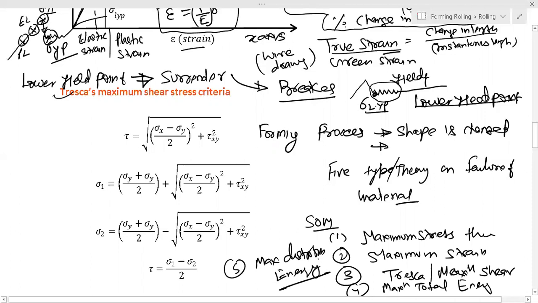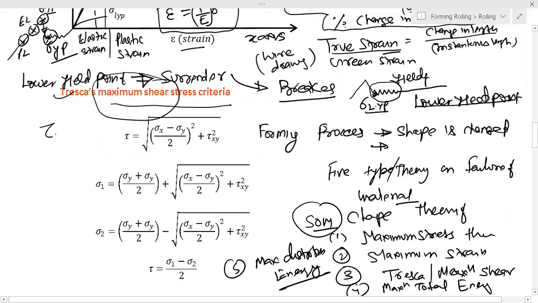Okay, so these things I will discuss in detail in the strength of material chapter, where there will be a separate chapter on theory of failure. But in forming or mechanical working of metal, we just need to understand the maximum shear stress theory, which means when the maximum shear stress, that is tau, reaches a maximum value. From the Mohr circle we get this, and finally the principal